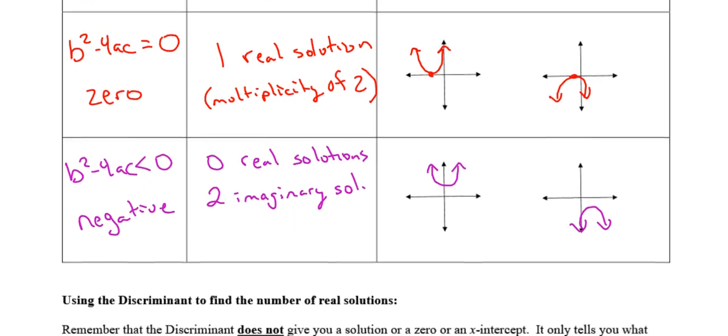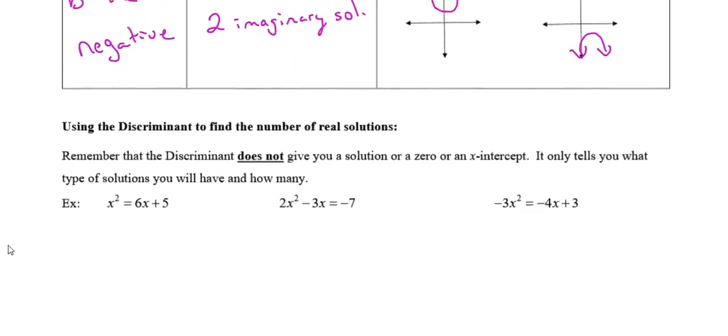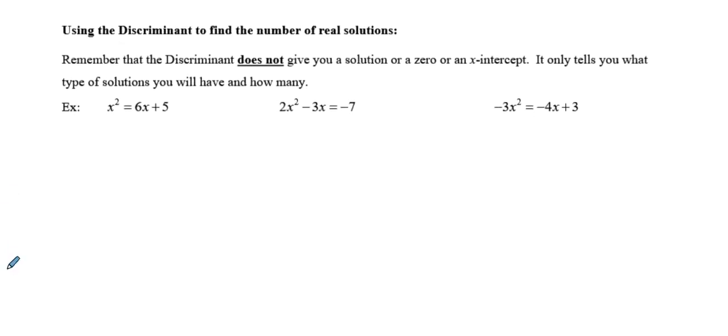So let's take a look at doing a couple problems where we'll actually find the discriminant. Again, what's important here is that it's ax squared plus bx plus c equal to 0. If this function is not equal to 0 in this format, then I can't find the discriminant. So the first thing here is to bring that 6x over, bring that 5 over, and set it equal to